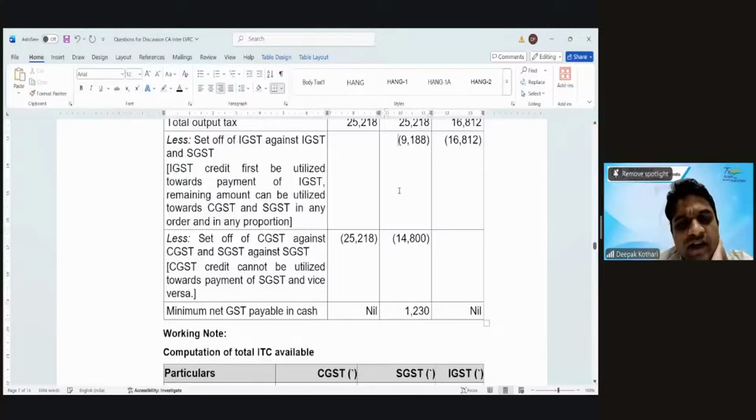Clear this ITC utilization now we have understood. No, clearly we have seen three examples now. IGST first utilize, balance pay against C and S, but the thumb rule will be that whichever credit is less, we will utilize against that. इसमें CGST में credit कम था. I know cash payable will come. That's why I utilize this against this. I can utilize here also. This one also is permissible.